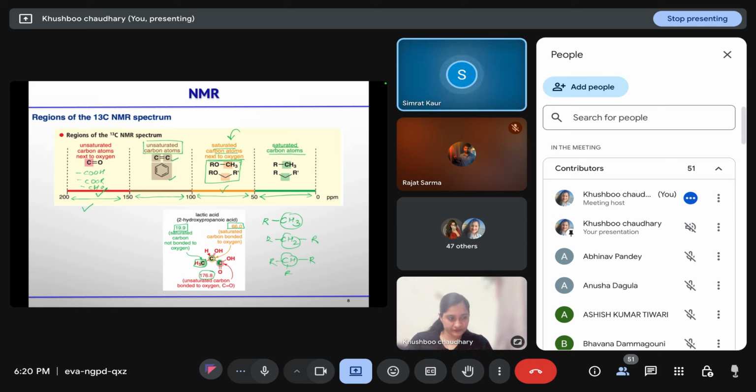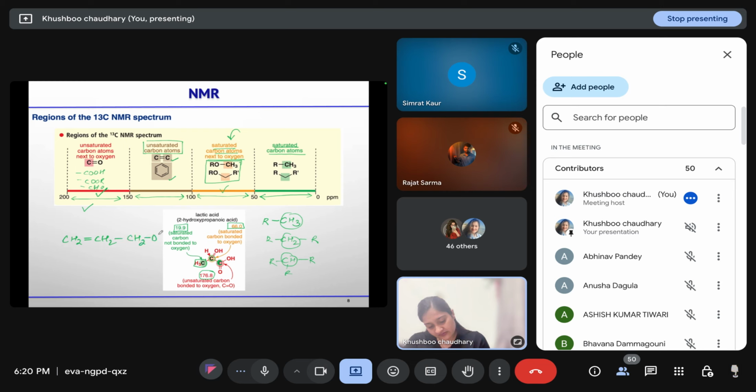Ma'am, there will be a change in value if the saturated carbon combines with unsaturated carbons. Yeah, the shift will be there, but on a broader scale, we can say that it will come in that region only. But in that region, it will be downfield. Ma'am, can you give any example like this? For example, if I'm considering this molecule, in this case, this carbon is attached to a heteroatom and it is next to your alkene also, right?